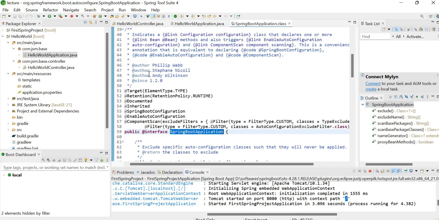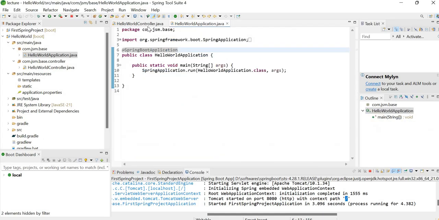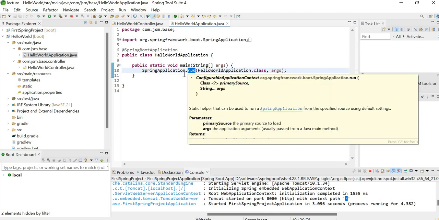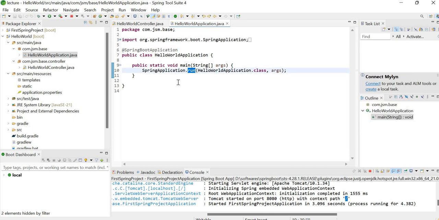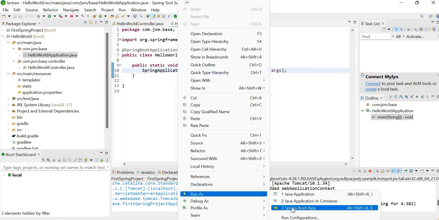You can check these things here. The combination of these three annotations is nothing but our @SpringBootApplication. It internally calls the run method. What this run method does internally, we'll discuss in another video.